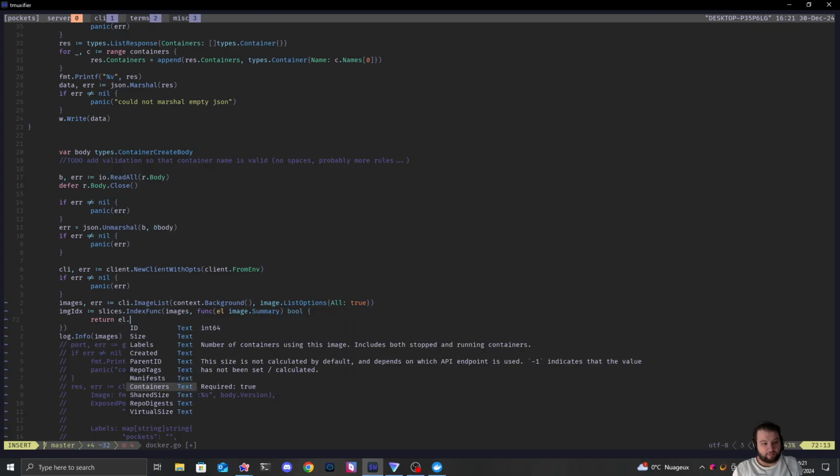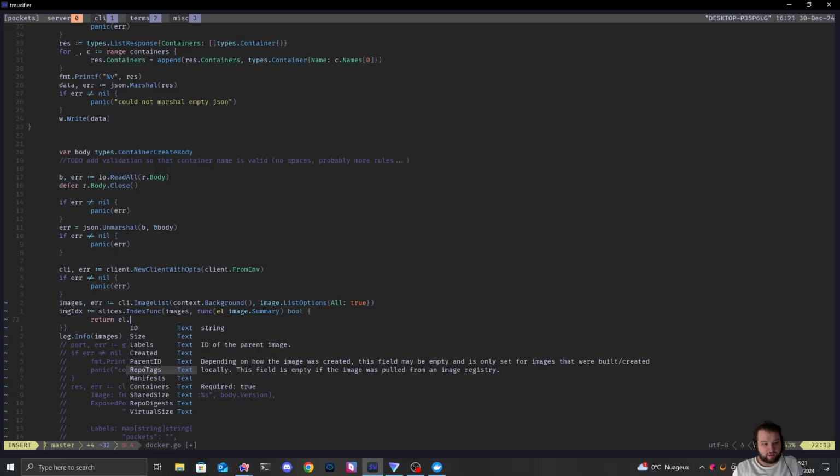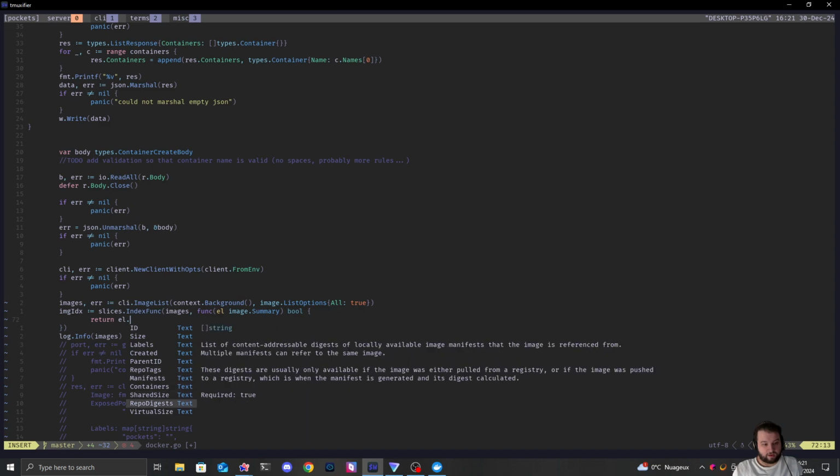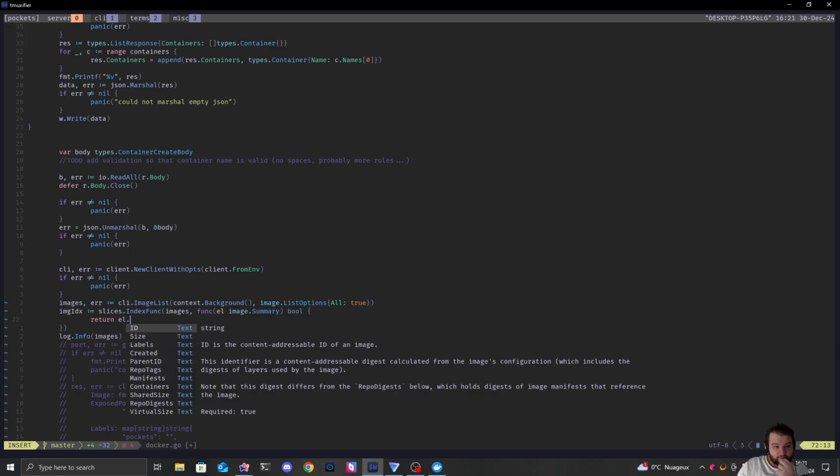So we can do element dot, what do we have? Parent ID, repo tags, manifest, container. A list of image name tags, multiple image tags can refer to the same image, and this list may be empty if no tags, in which case the image is untagged. ID is the content addressable,